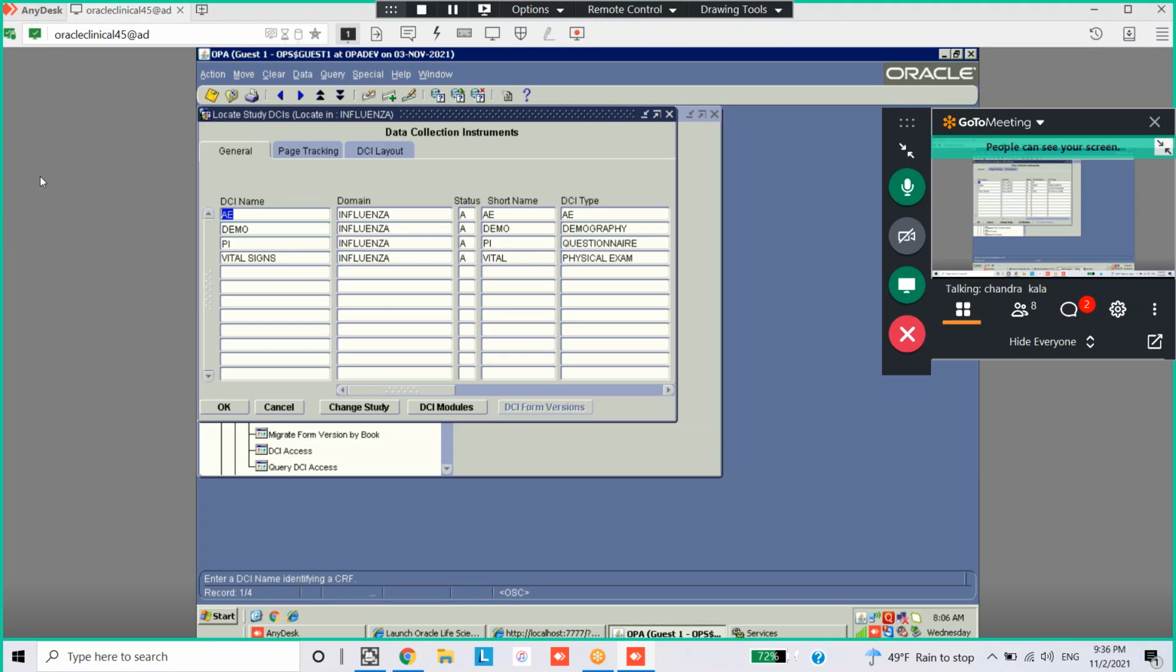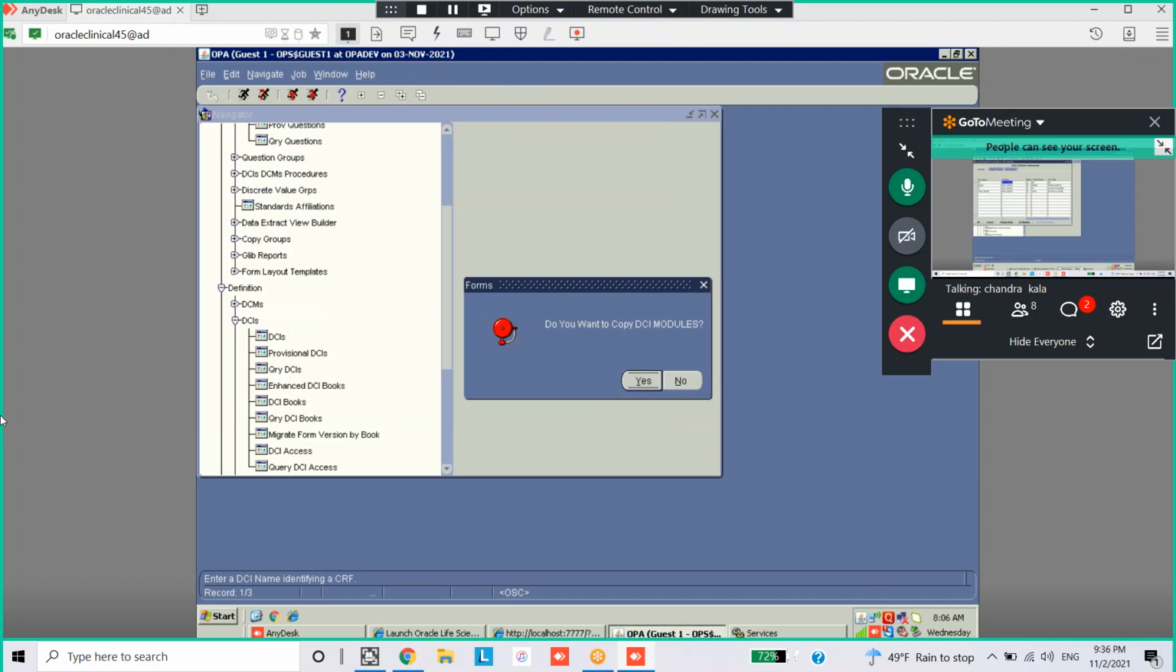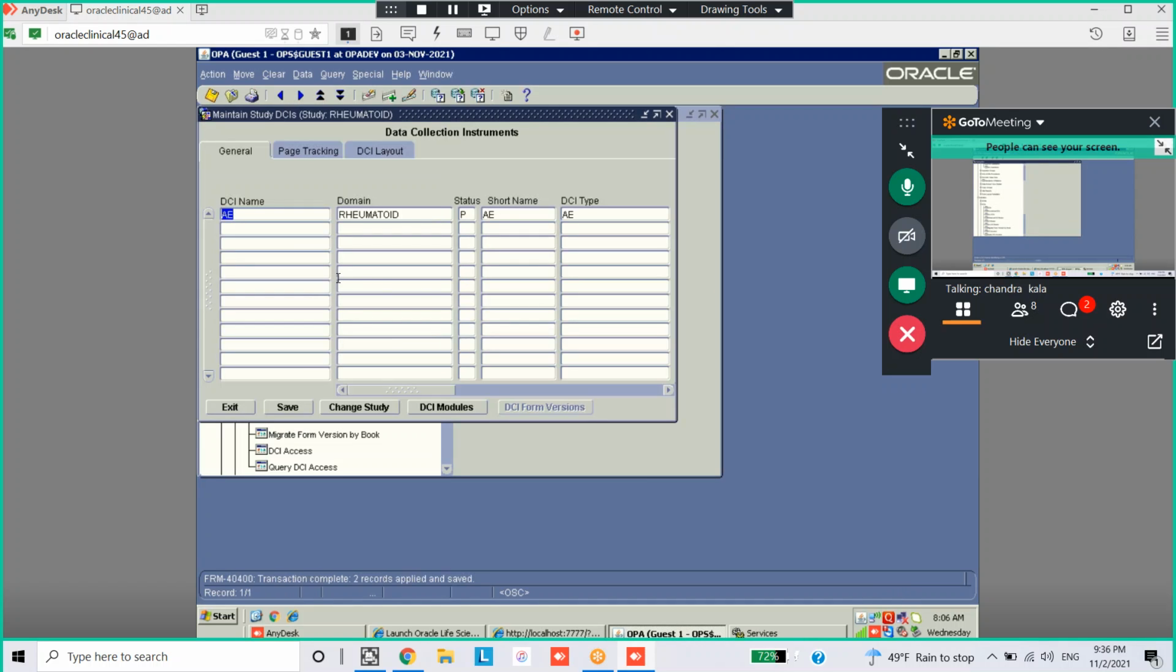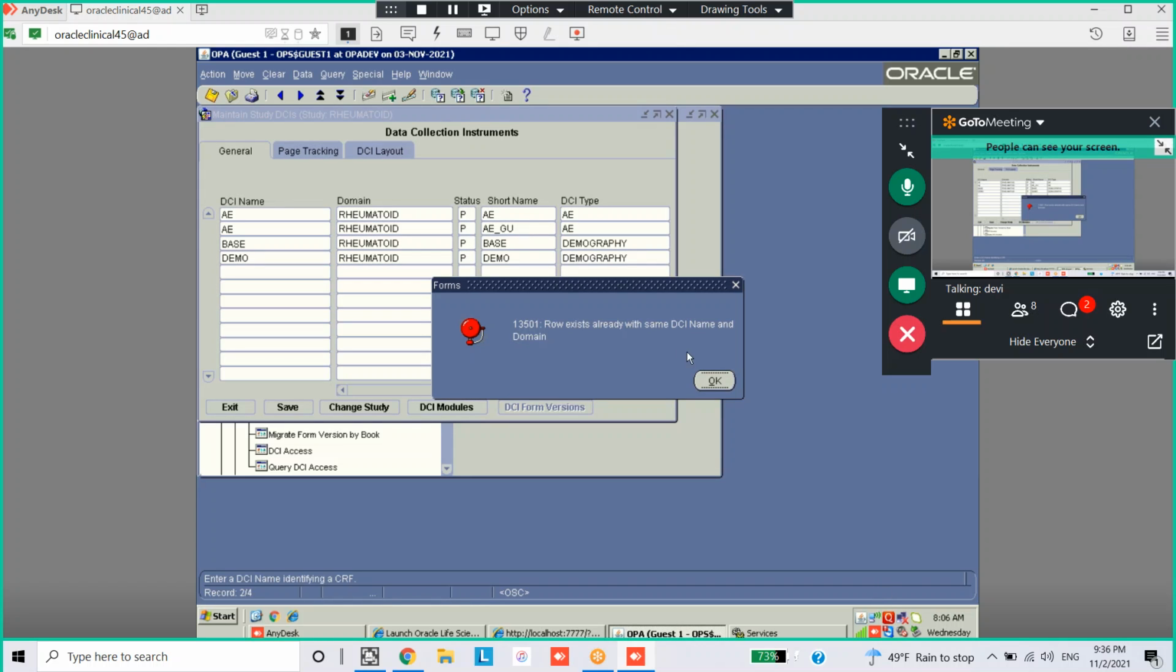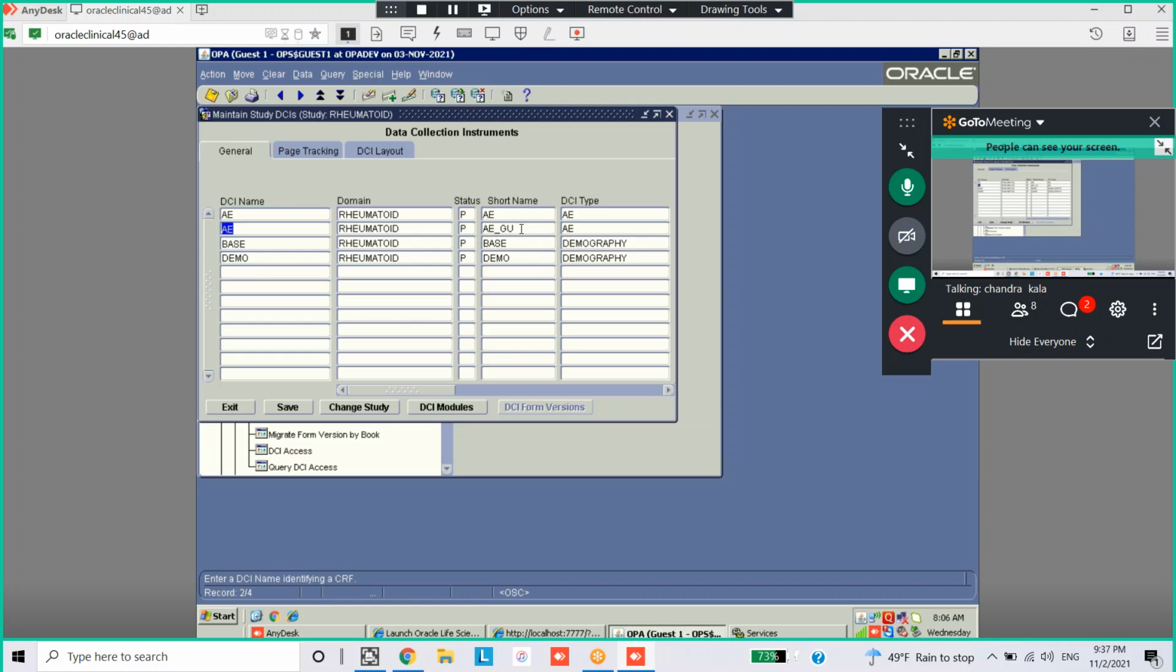Now you can select any of these and say OK. Any of these, no problem. It is asking, do you want to copy DCI modules also? Say yes. Now you'll be navigated to your study rheumatoid. Go to query, execute query. See, AE was already there, but just now we copied again. Remove this AE underscore GU. Delete. Okay. It's because I have done it within my study and it didn't match the DCI modules. There is no point in copying from your study